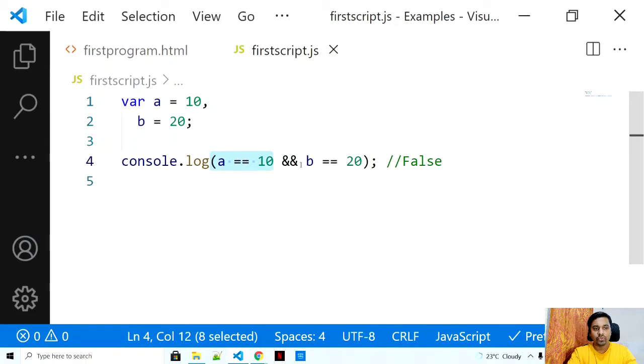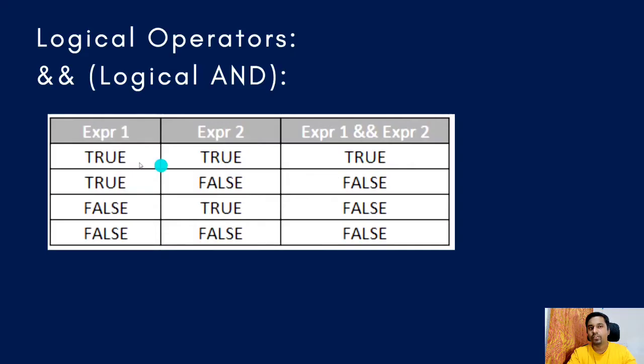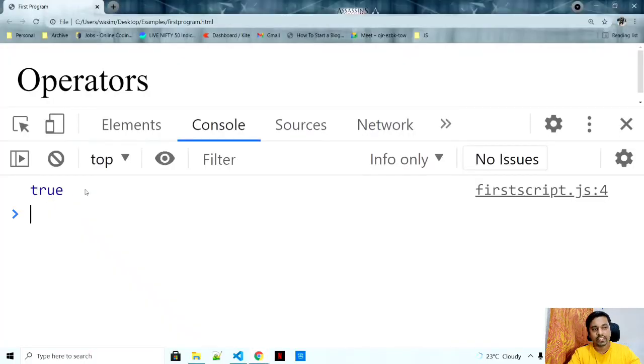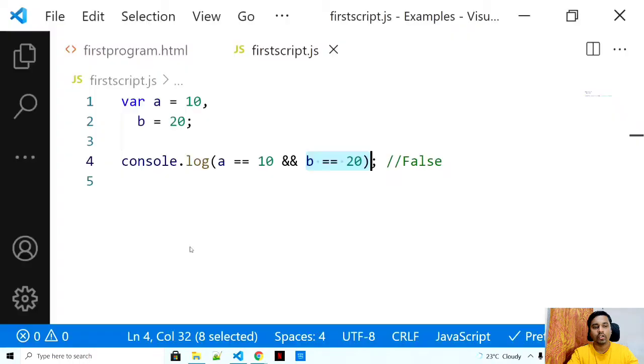So this is true and this is true. So if both the conditions are correct, automatically it will evaluate the whole answer to your third expression. So basically expression 1 and expression 2 would combine and make the answer as true. Let's quickly check it. See, it is true.